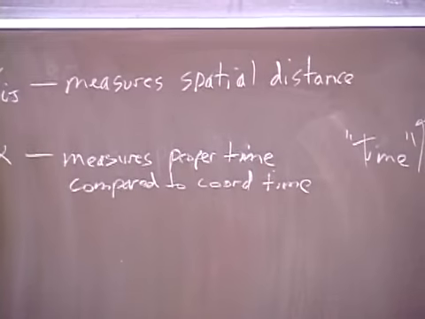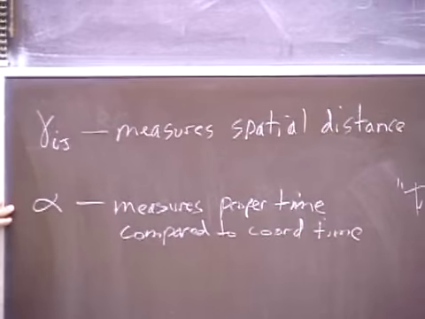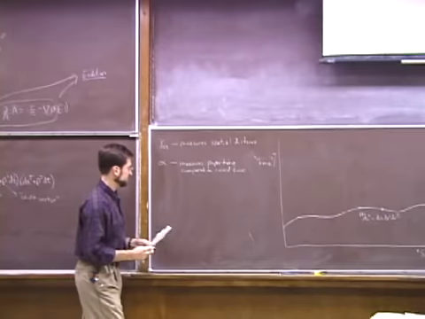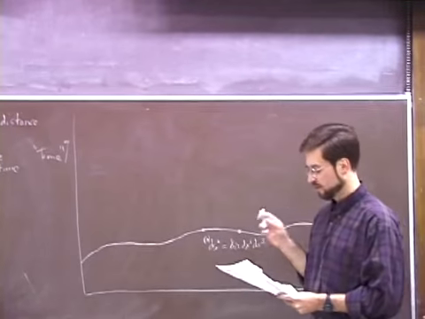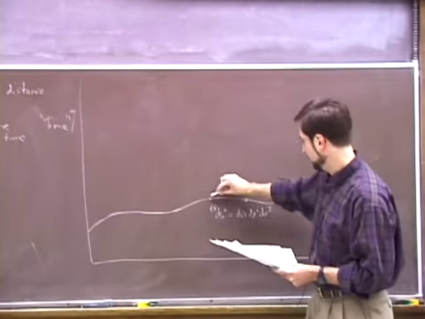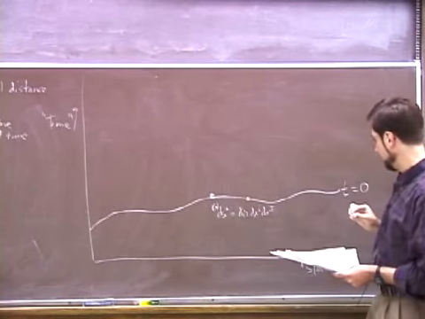So this is one function that you can choose that represents the coordinate freedom that you have in general relativity. So what do I mean by that? There's a particular rule that you use. Suppose I'm at this point here,